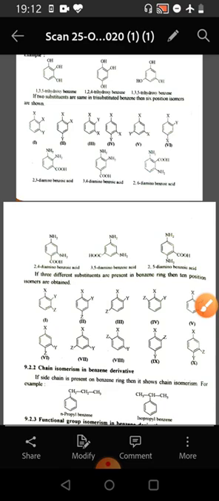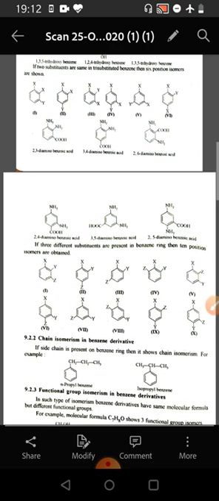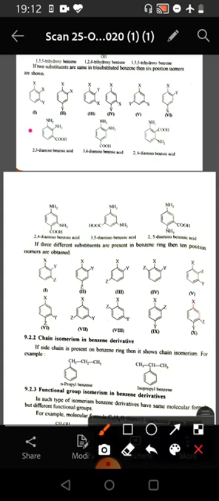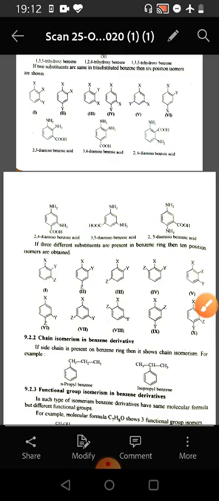If two substituents are similar in a tri-substituted benzene, then 6 position isomers are shown. For example, 2,3-diaminobenzoic acid, 3,4-diaminobenzoic acid, 2,6-diaminobenzoic acid, 2,4-diaminobenzoic acid, 3,5-diaminobenzoic acid, and 2,5-diaminobenzoic acid. If three substituents are different and they are present on the benzene ring, then 10 position isomers are formed.